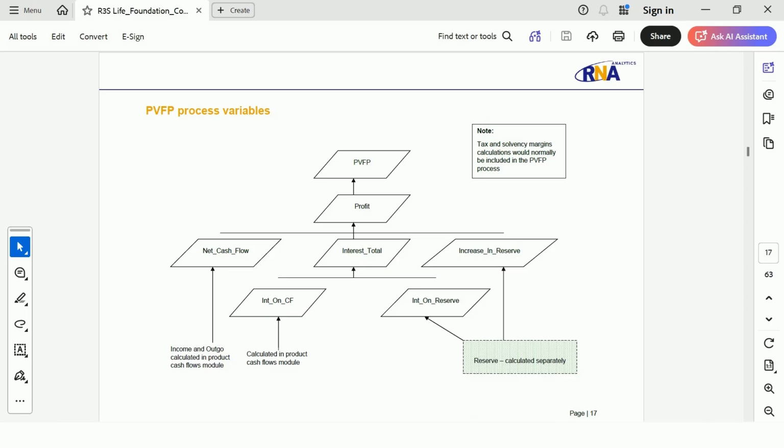However, we need the value of the reserve to calculate the increase in reserve and the interest on the reserve. We will calculate the reserves using discounted cash flows, which will be done in a sub-layer. We will add a standalone variable in the realistic layer to call the reserves, but for now, this will be set to a dummy formula.